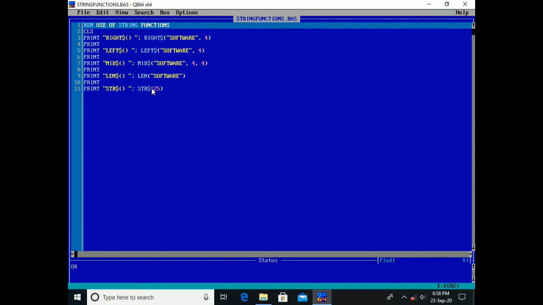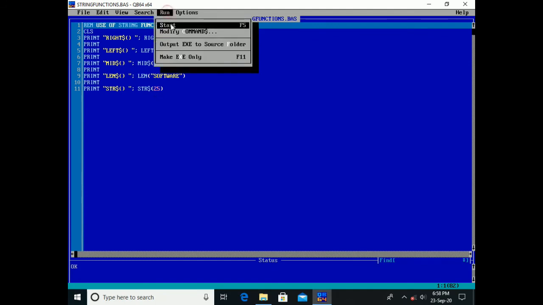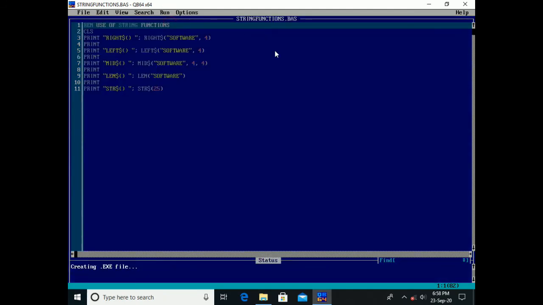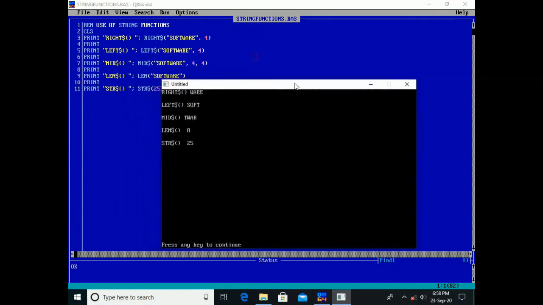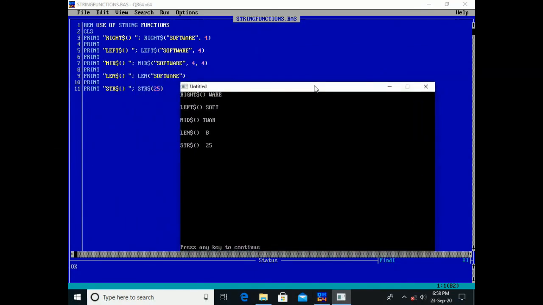Now let us run the program and see the output. So here you can see the RIGHT function, the rightmost side value, the specified number of characters.